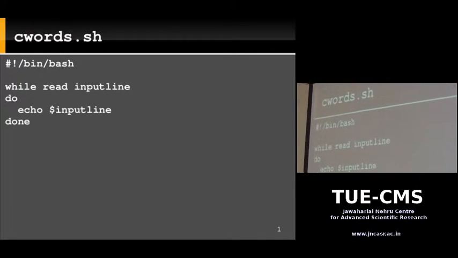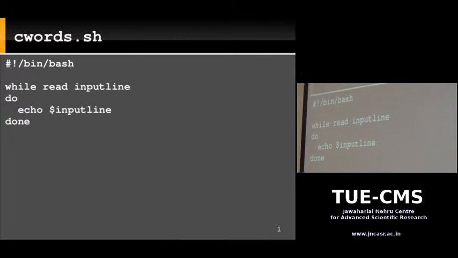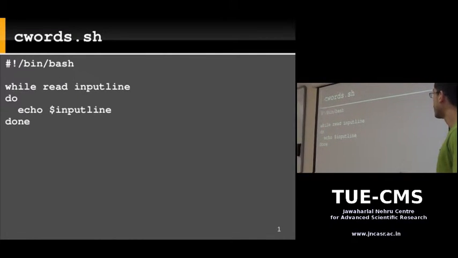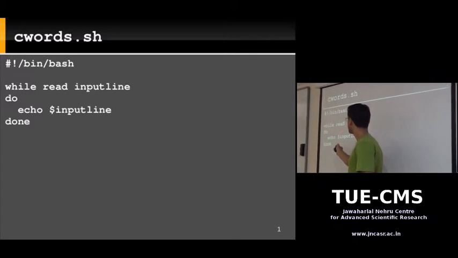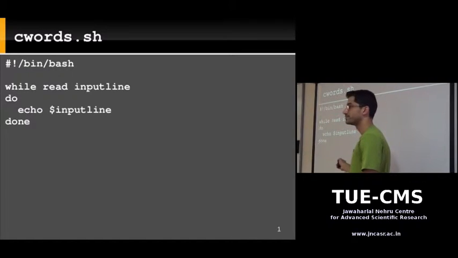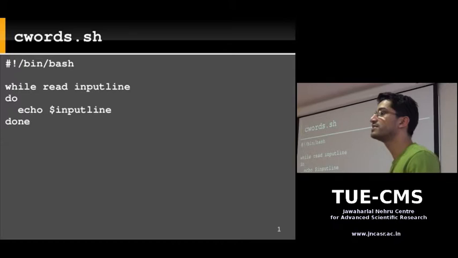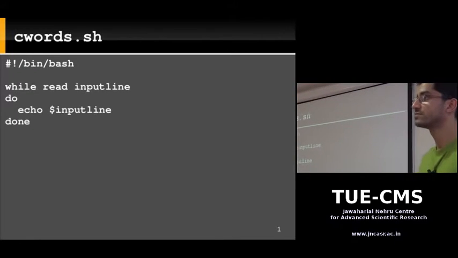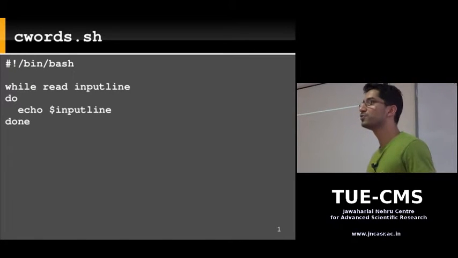What we need to do in the beginning is we need our script to read each line from the input. That's our first step in the development of the script. So let's write a simple loop: while read input line. You remember the read command? The read built-in reads one line from input and stores it in this variable. Now why did we put it in a while loop? We put in a while loop so that it reads every line from standard input. It just keeps reading line after line. So it's a loop. But when does the loop terminate?